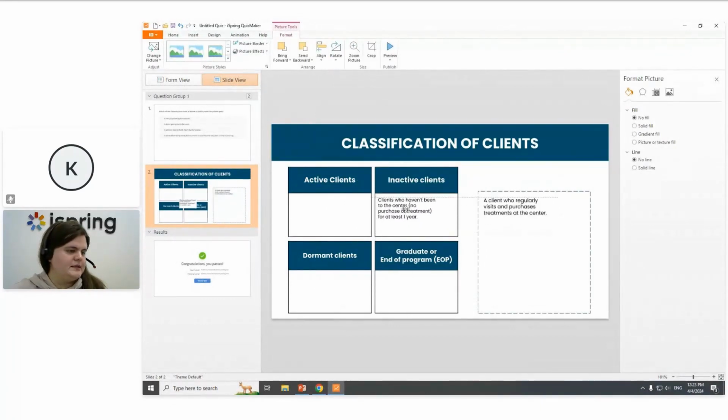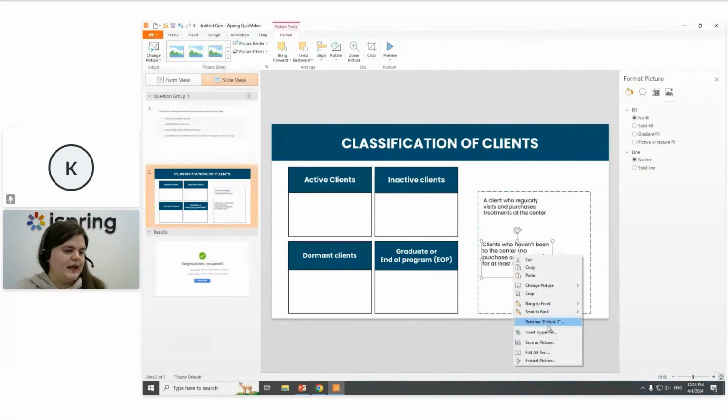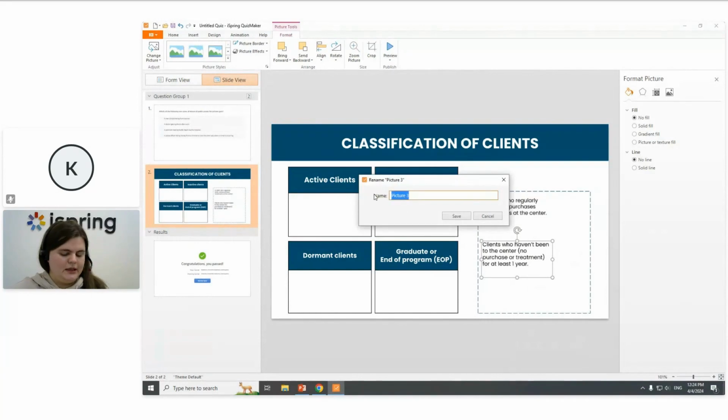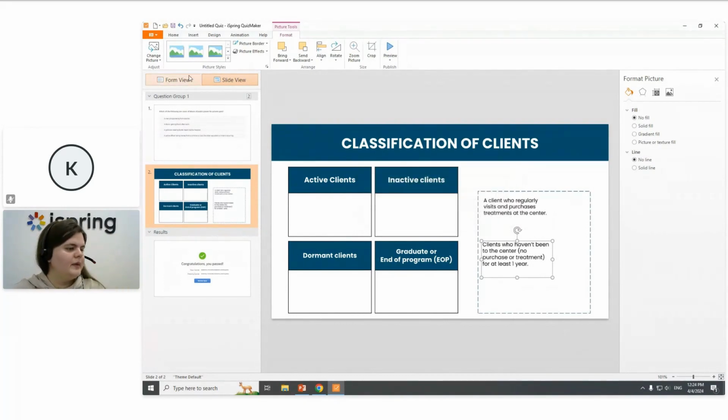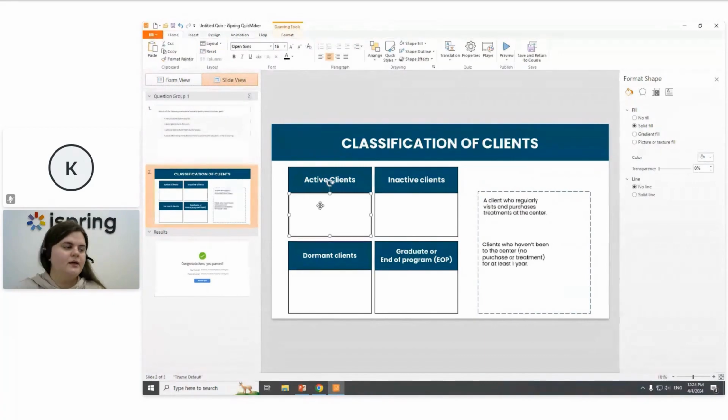Let's resize it. Make it a little bit bigger. Great. Move it to the pool. Right click it and rename it to inactive, negative answer. Okay, click save. Now we need to make sure that if my learner moves this answer to this area, it